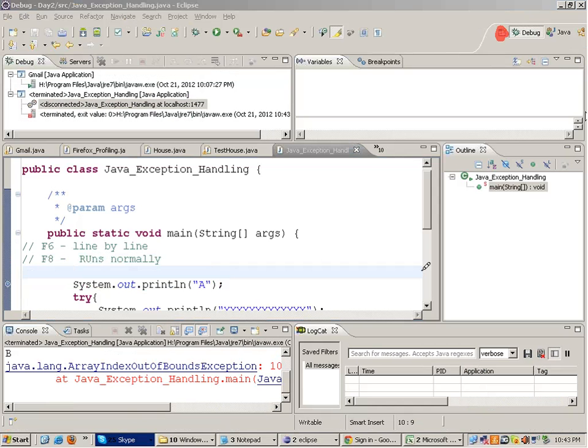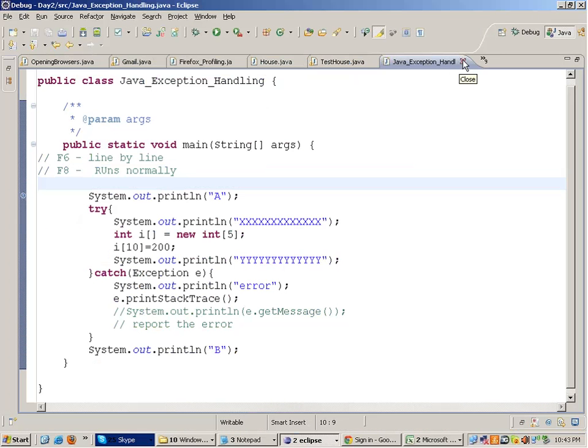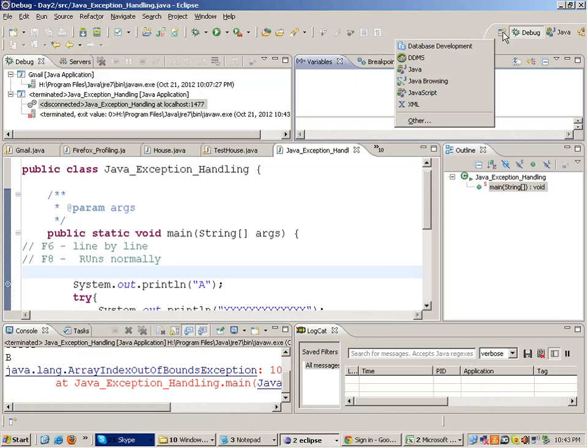If you click on it, it will help you change the perspective. You can change to the Java perspective and you will move back to the original window. If you change the perspective to debug, you will go to the debug window. So you can change the windows from here.